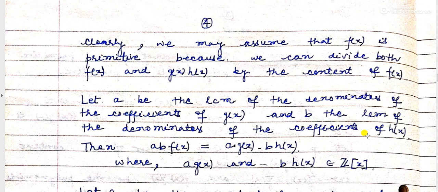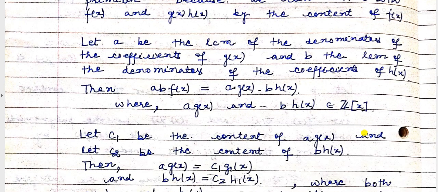And similarly b is the LCM of the denominators of the coefficients of h(x). So if we multiply g(x) by a and h(x) by b, then what do we get? The denominators will be cancelled by a, so we will get all the coefficients in Z. So we are getting ab f(x) is equal to a g(x) times b h(x),